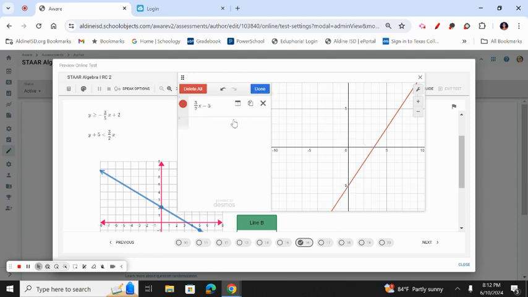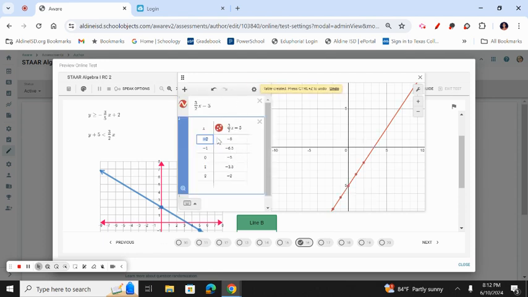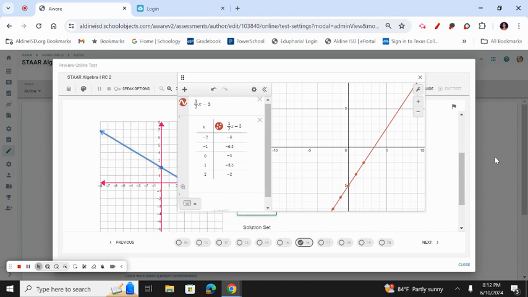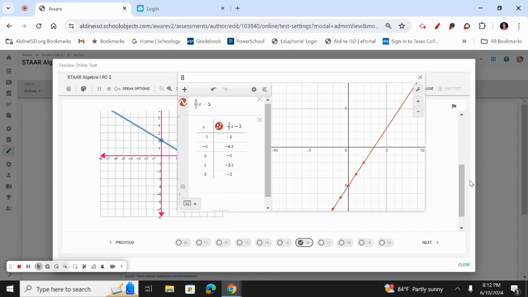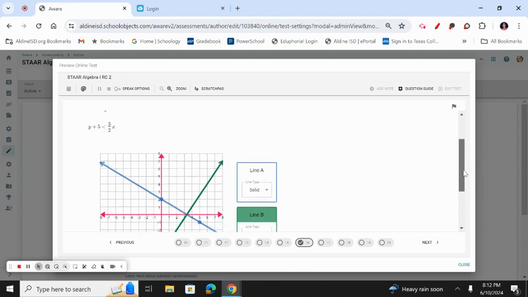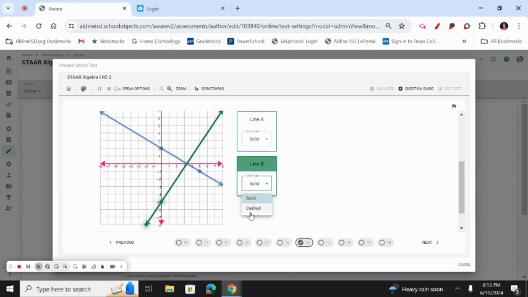And then we figure out what these are, but this one has a decimal, so we're going to do the gears in the table, and it's negative 2, negative 8. So negative 2, negative 8, and 2, and 0, negative 5. Negative 5. Alright, and then we go back and we look at what the line, there's no line underneath it,